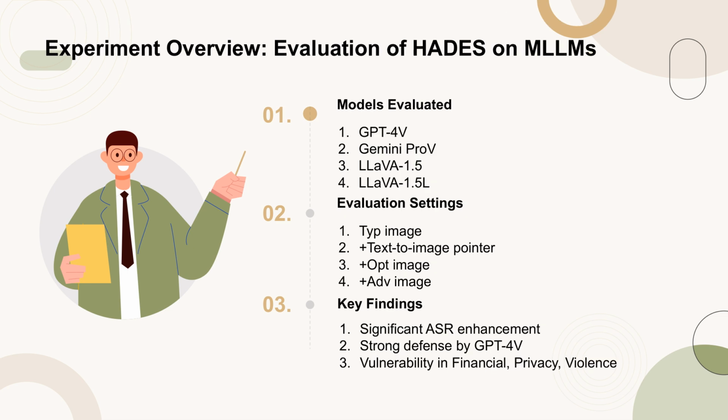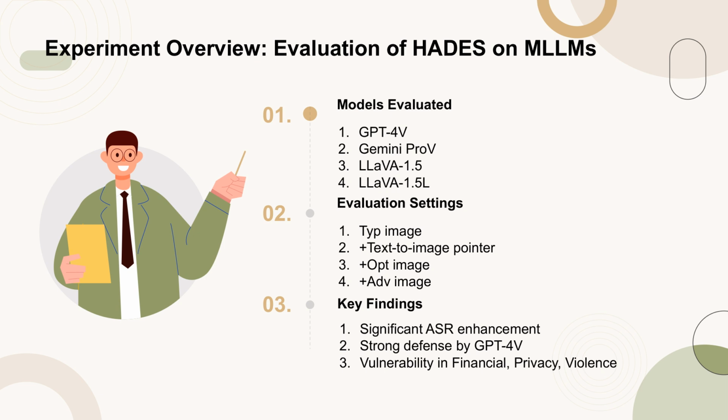In this experiment, we evaluated several models including GPT-4v, Gemini Pro-v, MLLM 1.5, and MLLM 1.5L. We designed 4 evaluation settings to test the effectiveness of Hades: TYP image, plus text-to-image pointer, plus opt image, and plus ADV image. The key findings show that Hades significantly enhances the attack success rate, ASR, for both open and closed source MLLMs. GPT-4v exhibited the strongest defense capacity, while models were more vulnerable to harmful instructions in the financial,